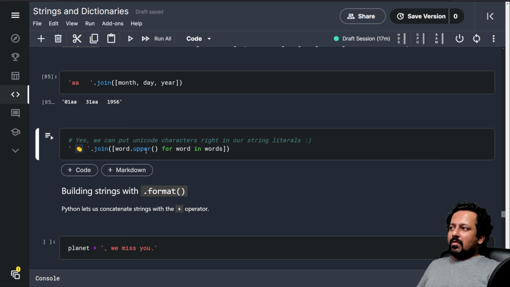Our words are Pluto, is, a, planet. In the second step, we make each and every word uppercase, and then we join them using this clap emoji with spaces in the front and in the back. So you get something like this. If you don't add the space, there won't be any space. So that's it.